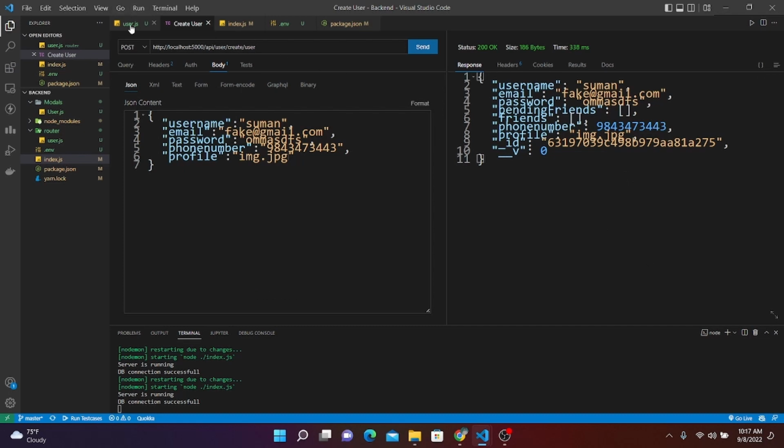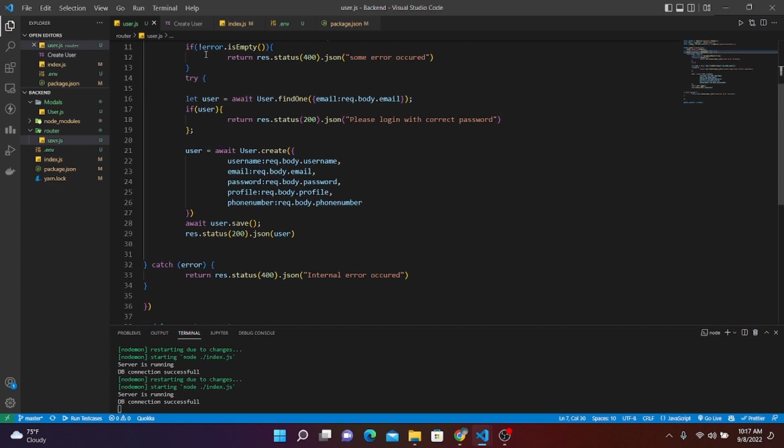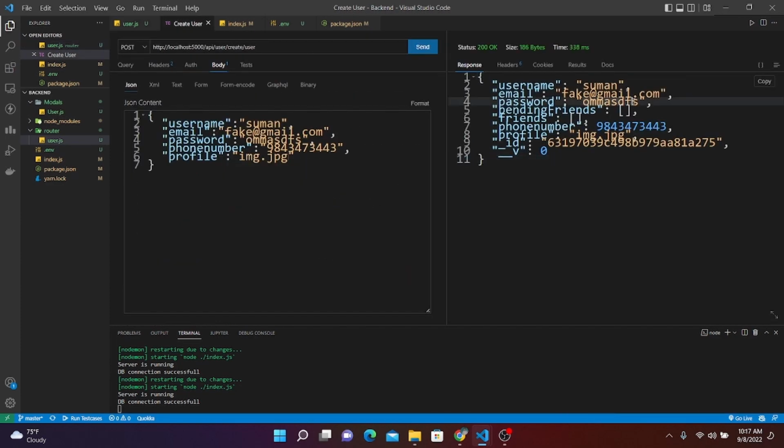Okay, so let's go back. If we write a password just like this, and some hackers attack our database and we lose our passwords, then the hacker can easily access our users' accounts. So what we need to do is add bcrypt functionality, so in order to do that,